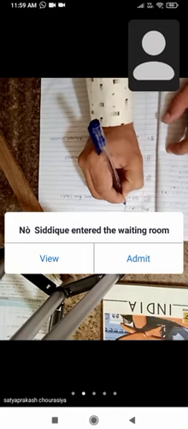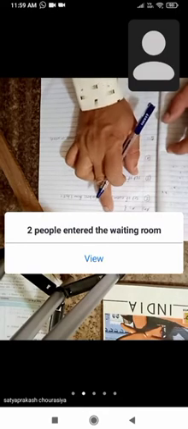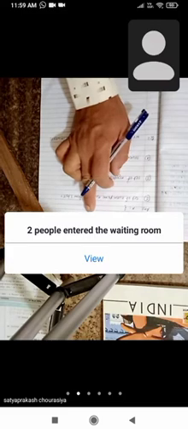Okay, see the first question, set of even natural numbers. Here the set name is not given, so you can write any letter from A to Z. Suppose I have taken the letter A to represent the set of even natural numbers. So set A is equal to. Now put the curly bracket. In that curly bracket, we have to write the even natural numbers.